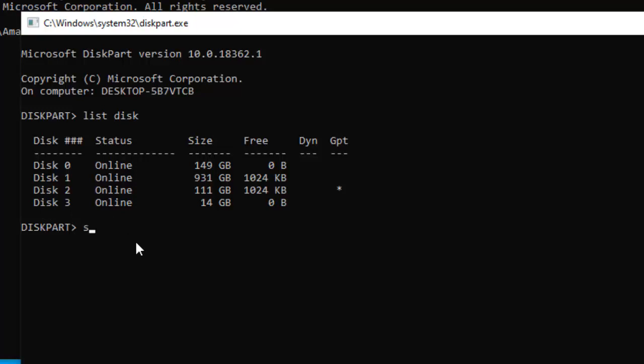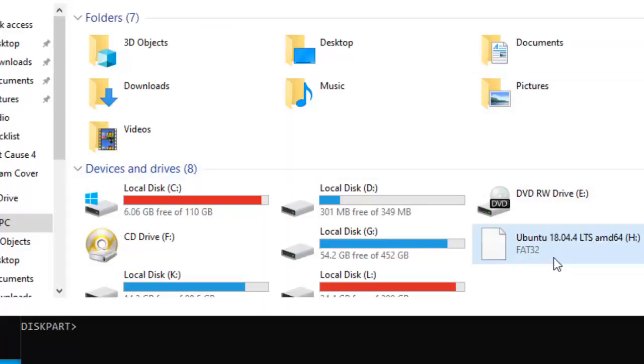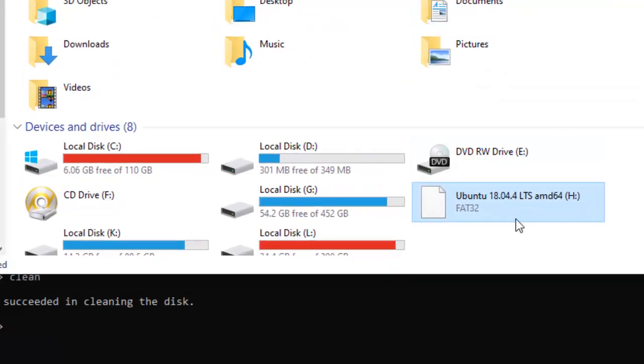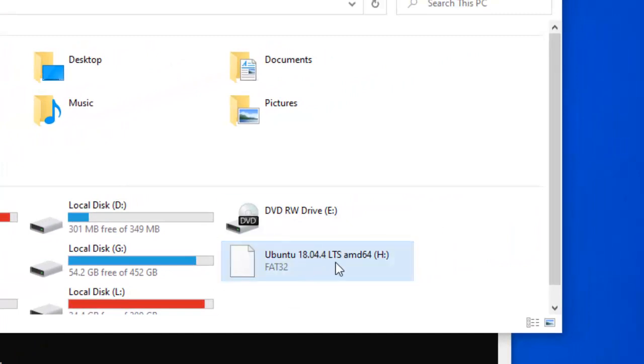So I'm going to type select disk 3. Okay, so now my disk 3 is selected. Now I'm going to type clean. You can see it succeeded, and now I'm going to look at my Ubuntu bootable flash drive. As you can see, you cannot write anything on it now. It's corrupt. So now format it,